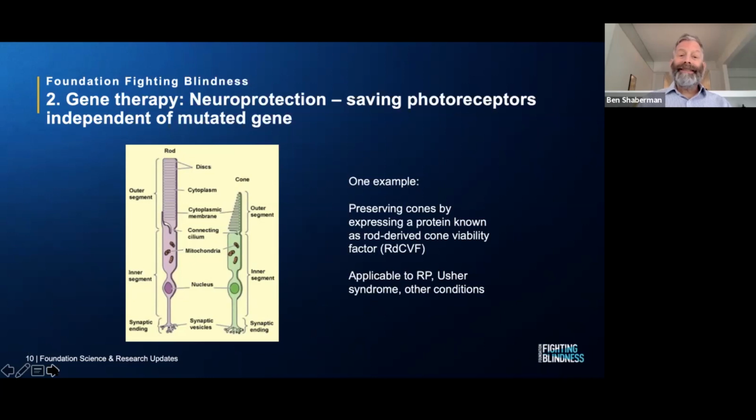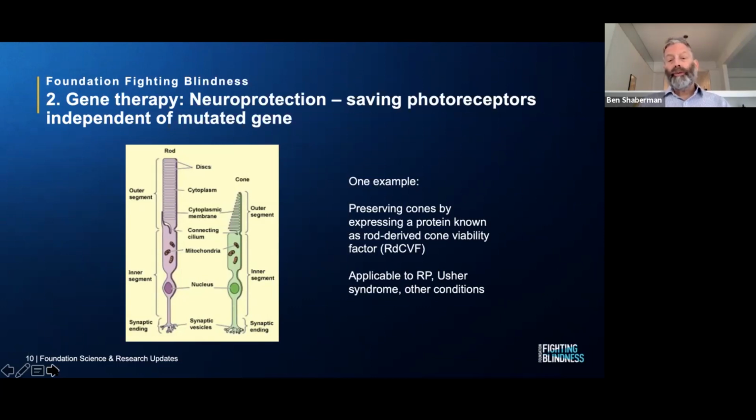And the basic idea behind neuroprotection is the gene that's delivered to the retina leads to the production of proteins that keep retinal cells healthy. And one example of that is a gene therapy that leads to the production of a protein that keeps cones alive, that preserves cones. And this one approach developed by the Institut de la Vision in France